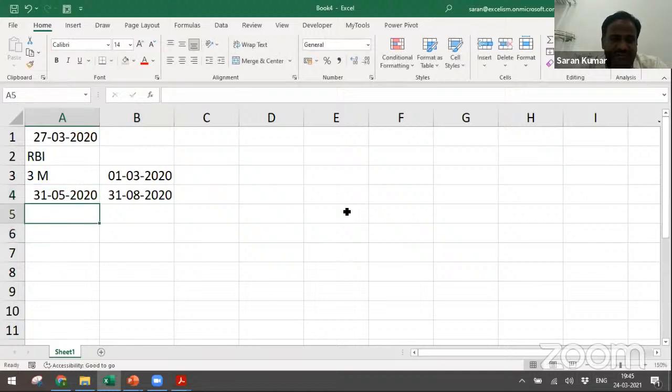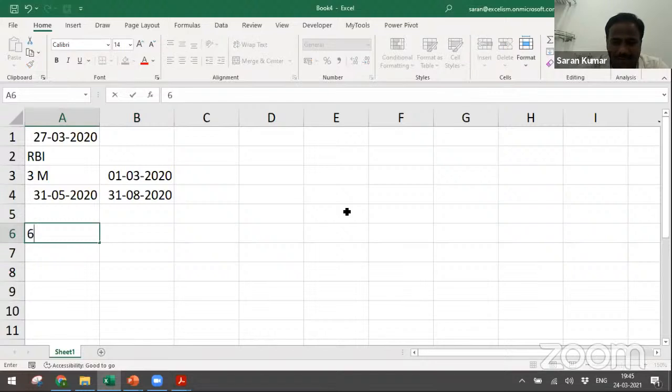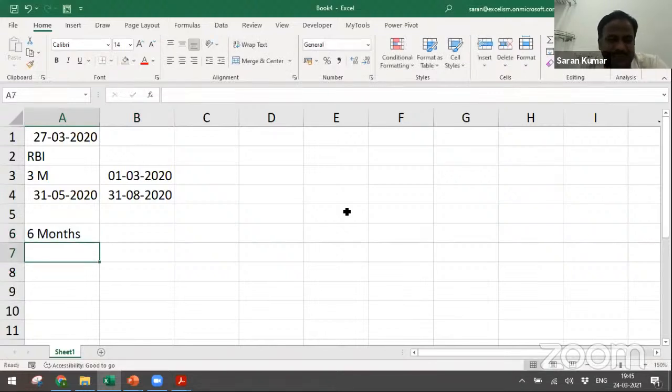31st August 2020. So this 9 months is basically the moratorium period. Sorry, 6 months is the moratorium period. So it is basically the 6 months period. Then after this, they started charging interest on interest also, because till here the bankers kept quiet. Then they started charging interest on interest.